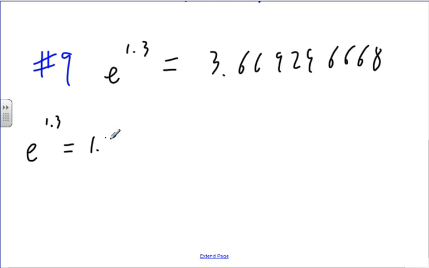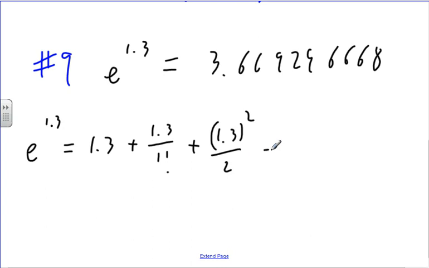So I'm going to have 1.3 plus 1.3 divided by 1 factorial plus 1.3 squared over 2 plus 1.3 cubed over 3 factorial. Okay, so that's what I'm going to do. 1.3 plus 1.3 plus 1.3 squared divided by 2 plus 1.3 cubed divided by 6. And I'm going to end up with